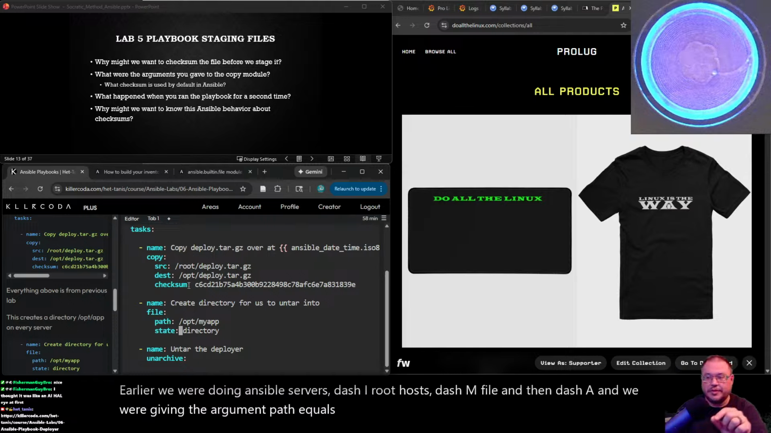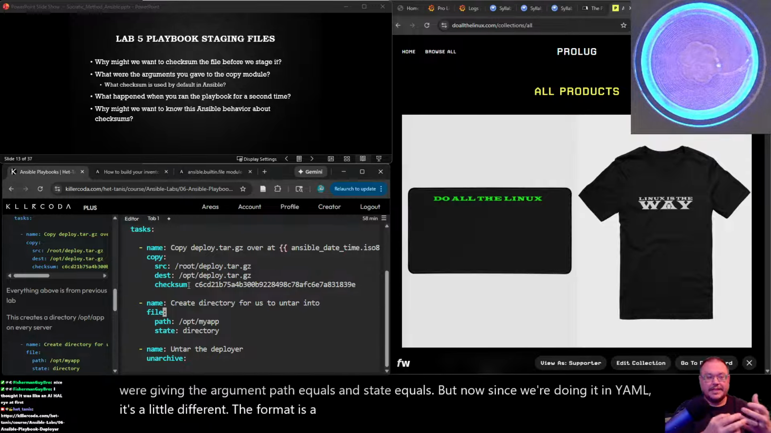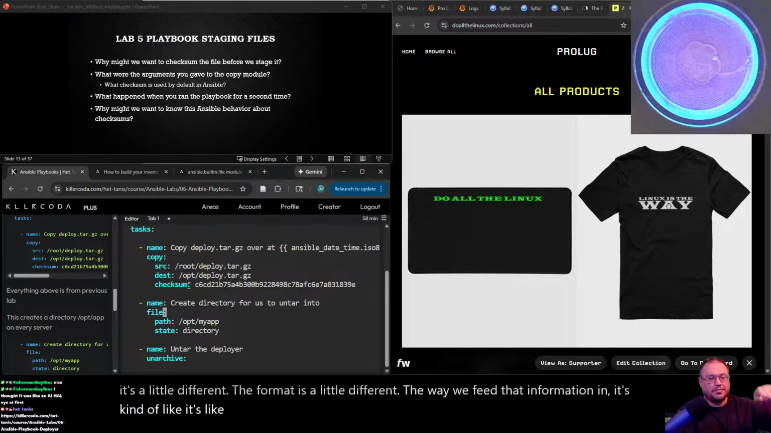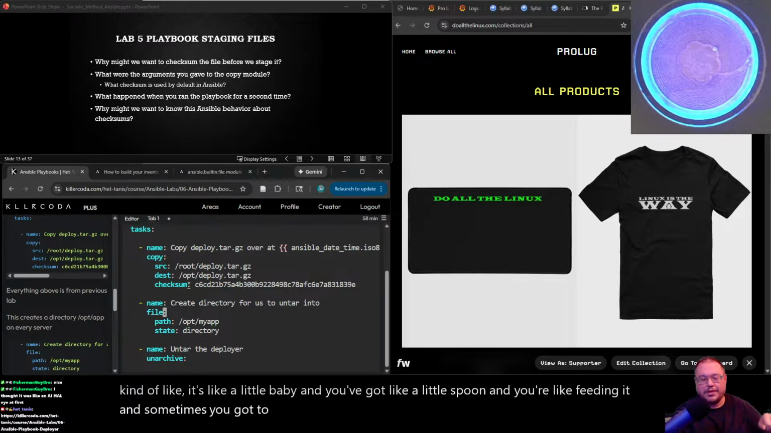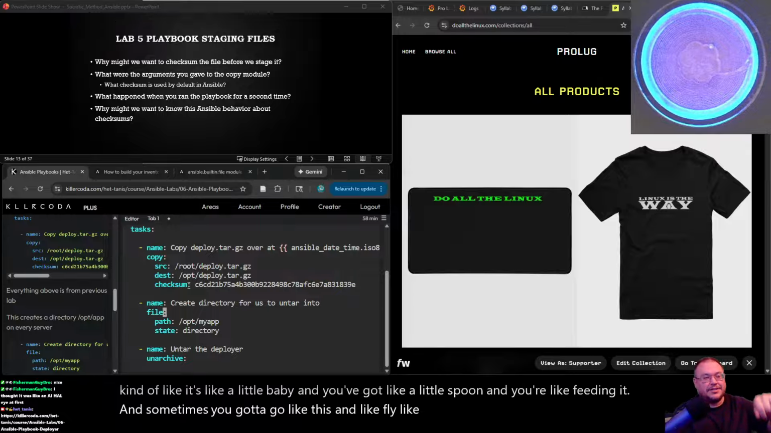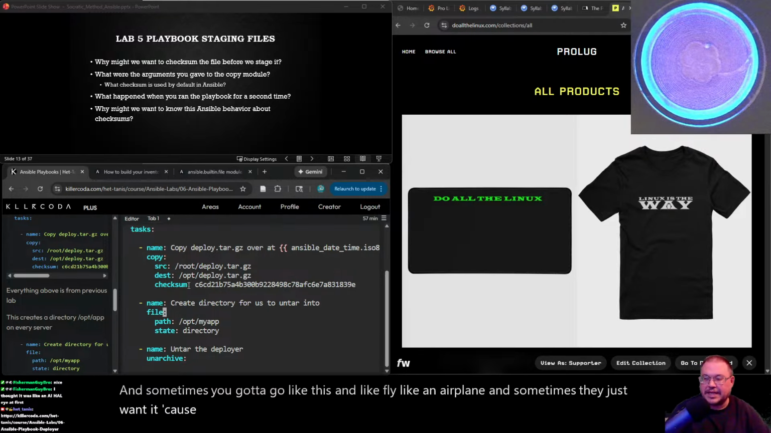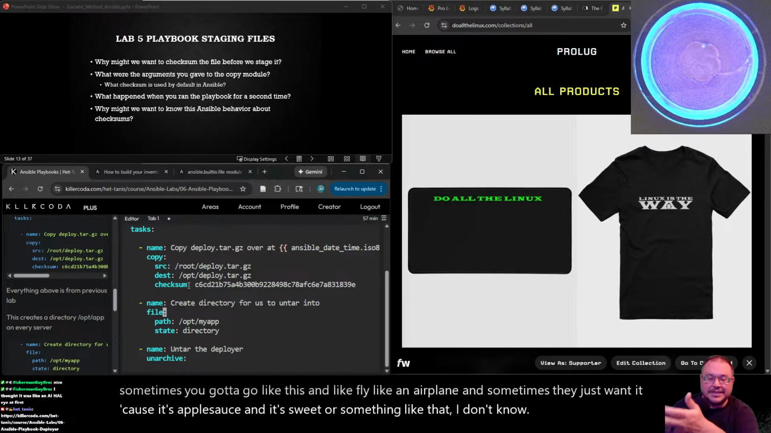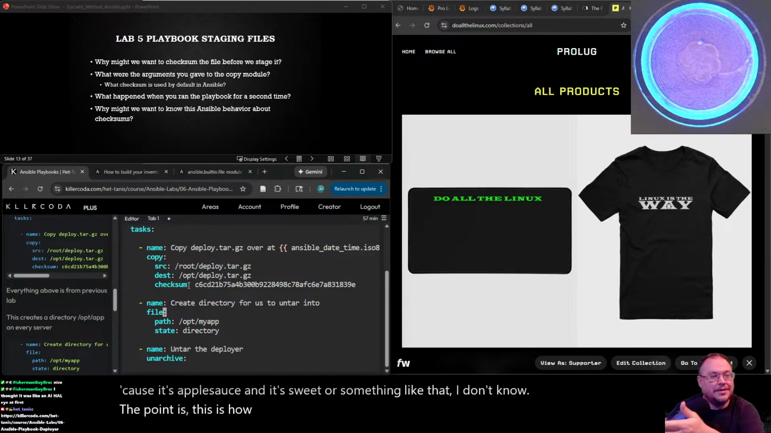But now, since we're doing it in YAML, it's a little different. The format's a little different. The way we feed that information in, it's kind of like a little baby and you've got a little spoon and you're feeding it. Sometimes you've got to fly it like an airplane, and sometimes they just want it because it's applesauce and it's sweet or something like that. I don't know. But the point is, this is how we feed Ansible the same exact module, but not in